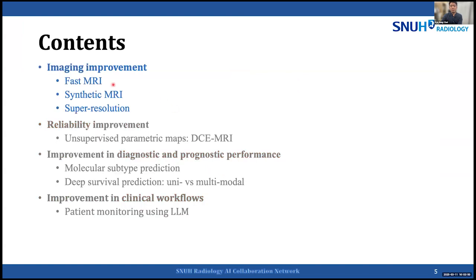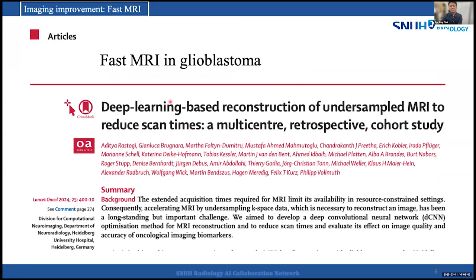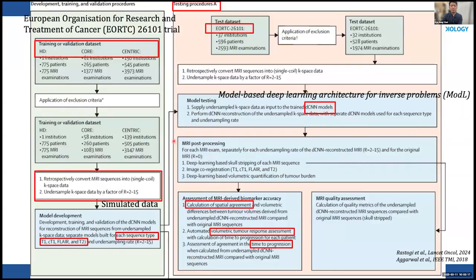Let's start with the imaging improvement. We have three topics: fast MRI, synthetic MRI, and super resolution. The first paper is about fast MRI in glioblastoma, a multi-center retrospective study of reconstruction of undersampled MRI to reduce scan times. So they used three different large training or validation datasets using simulated undersampled case-based data from the MRI